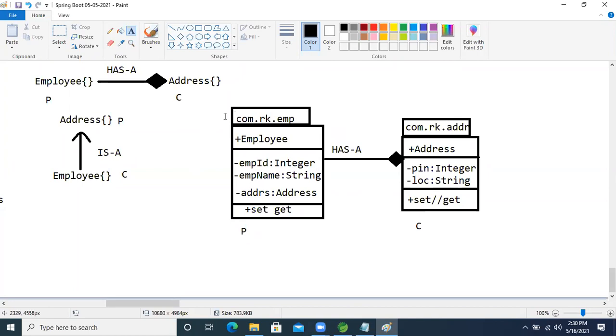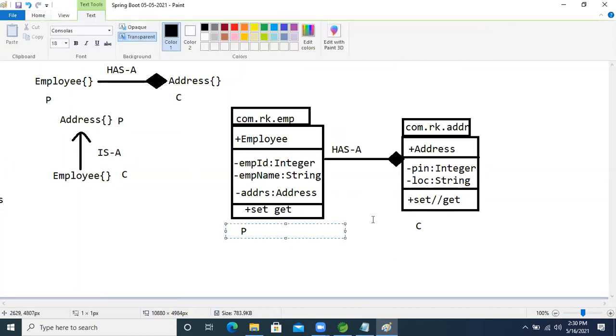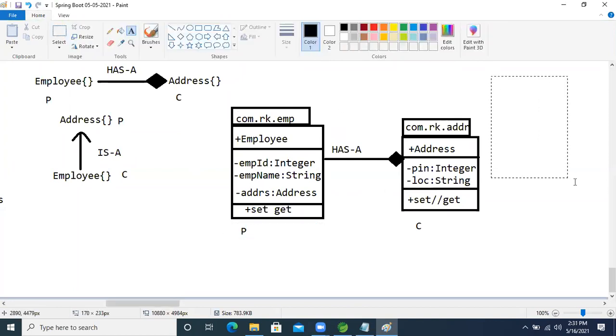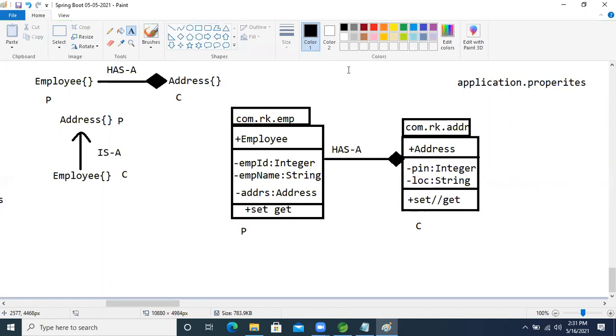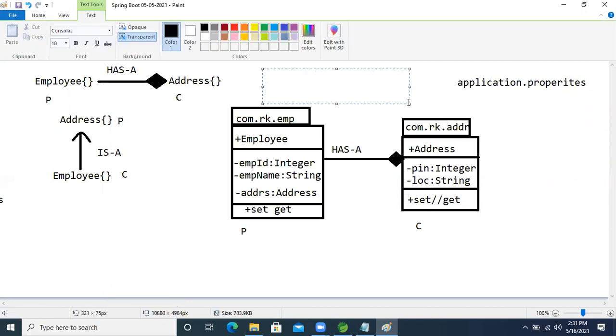So if the property file is there, just think about that. This is the property file, application.properties. Inside that, how will we write it? For our dependent class, we will use @ConfigurationProperties.